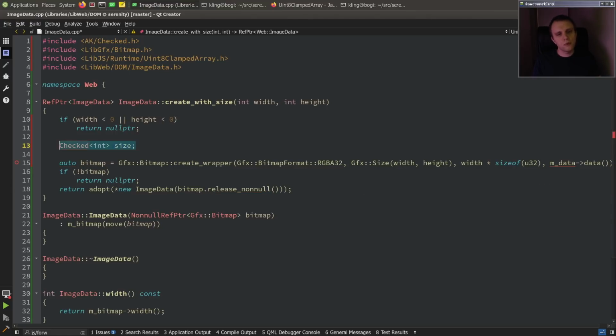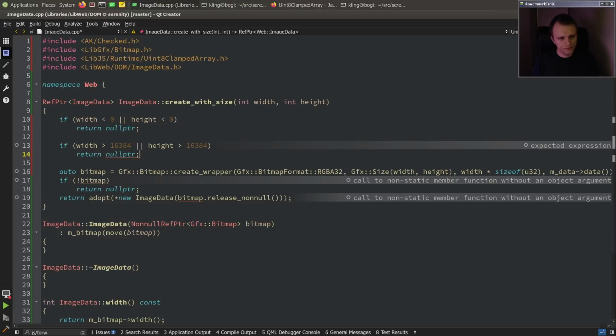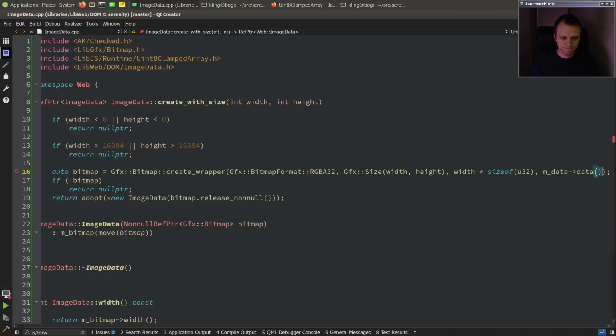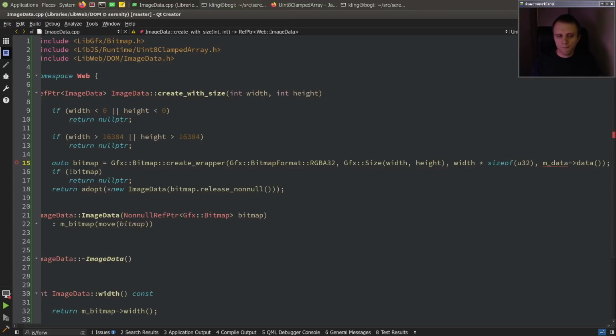Or maybe we should just have a limit here. We don't even have to do overflow checking if we just put a hard limit. So we'll say if width is greater than or equal to 16, yeah. So you don't get any bigger than that. No, you don't even have to get fancy. And then